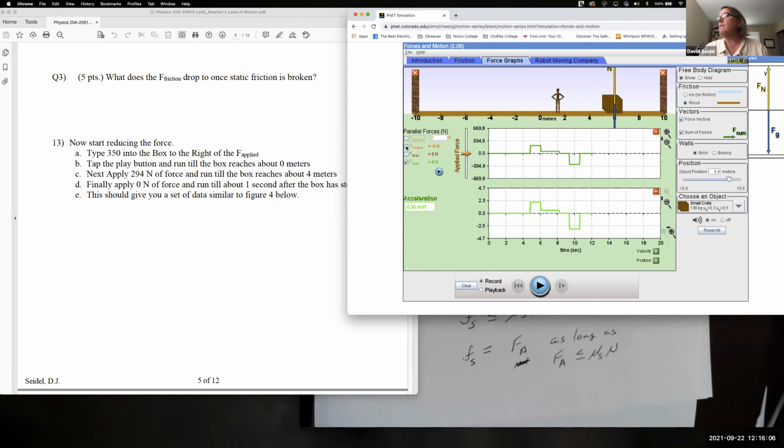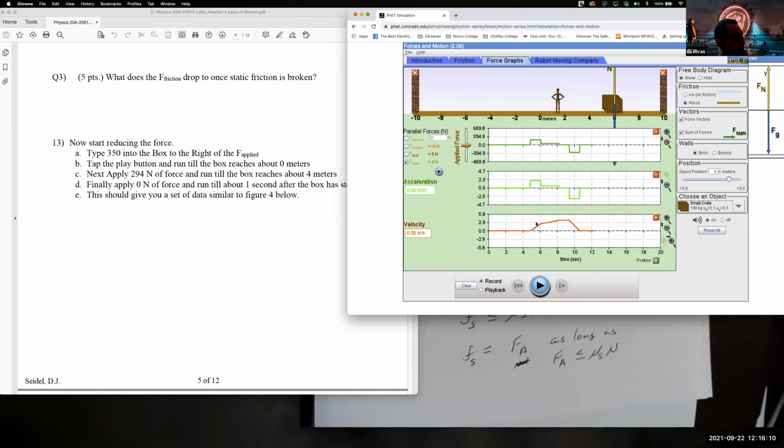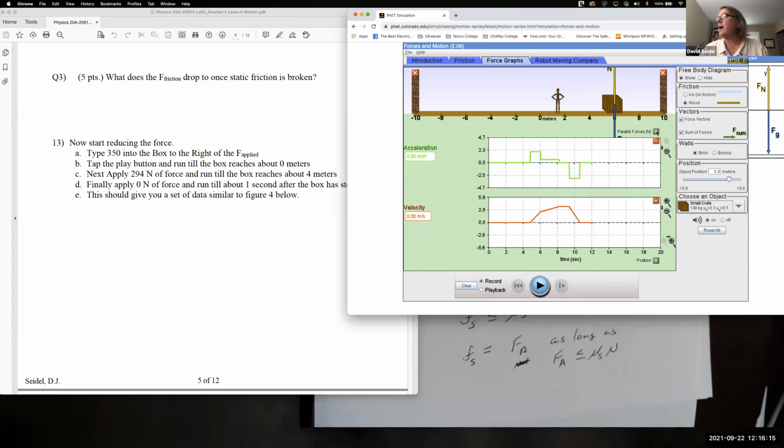Okay, my velocity was 0 until I started having an acceleration. If I turn off my force graph, I've got no acceleration here. I start at rest, we stay at rest. I add some acceleration, I start getting an increase in my velocity. I change the level of my acceleration, I still get an increase in my velocity, but the slope has changed. I drop my acceleration to 0, same as dropping my force to 0.